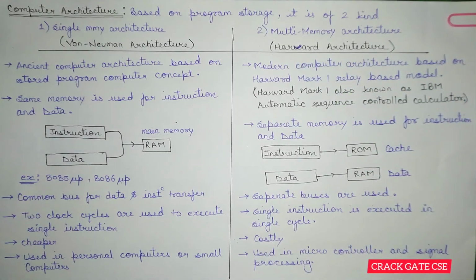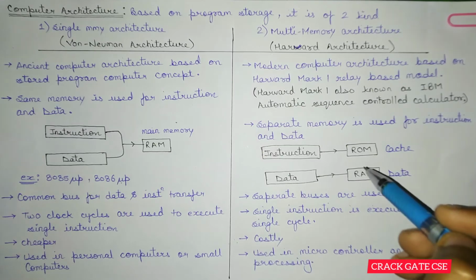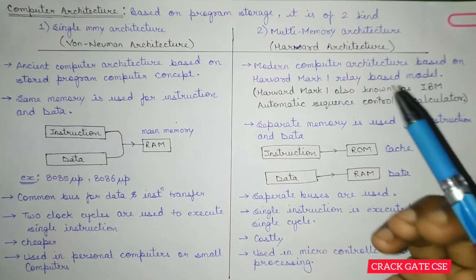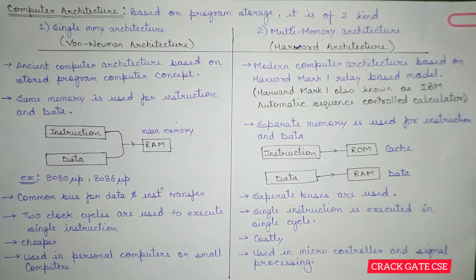So the code memory is a permanent memory, we know, which is a ROM, and the data memory is a volatile memory. What is the meaning of volatile? That means if you switch it off and again you switch it on, there will be no data in that particular memory, right? And in this Harvard architecture, the CPU always executes the predefined program in the code memory or the cache memory on the different data elements.